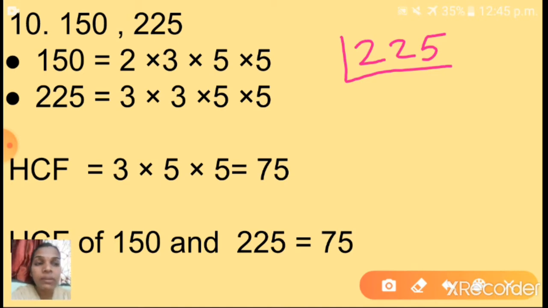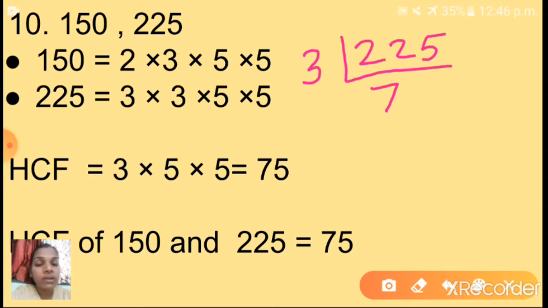So in 2's table this one will not come as a multiple. So will it come in 3's table, or what? We have to check. So for the divisibility test we have to use 2 plus 2 plus 5, that is 9. So this 225 will come in 3's table. Okay, so 3. Can anyone say 22? How many 3's are there? Yes, very good. 7 3's are 21. Remainder is 1. So that is 15.